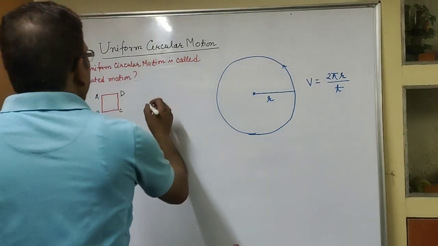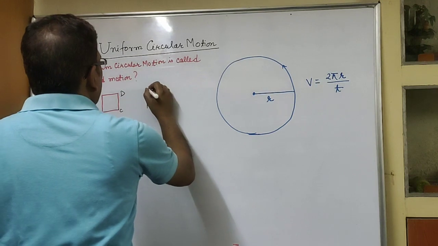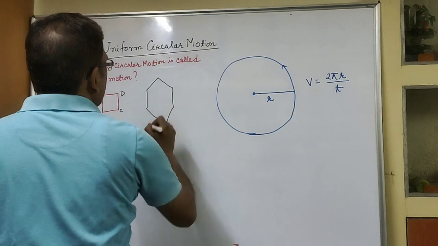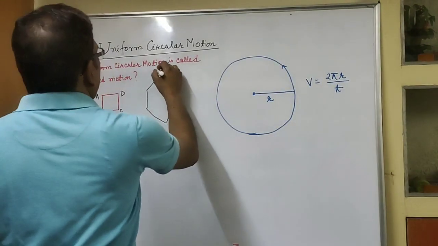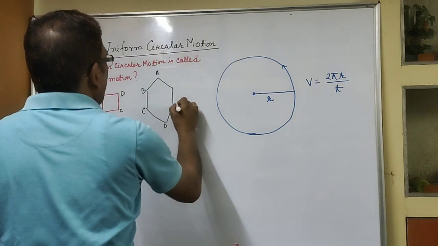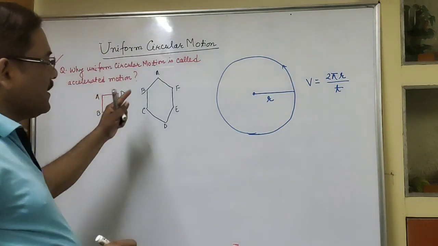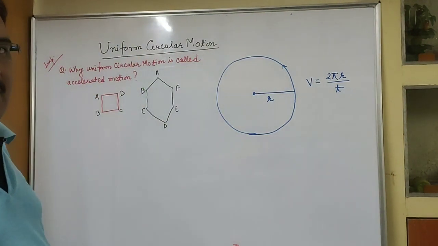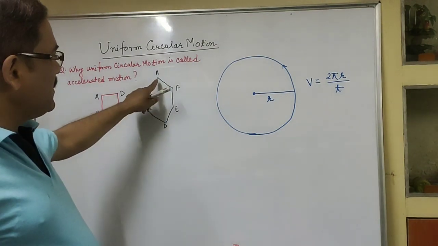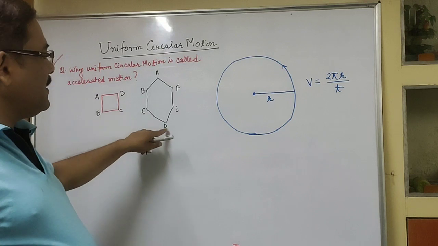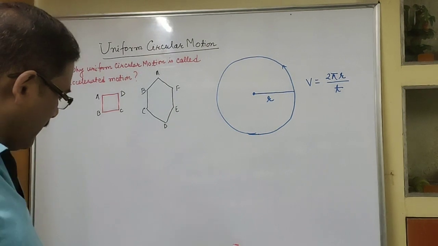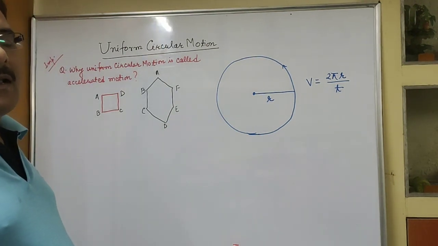Now suppose we have a pentagonal path like this, or a hexagonal path. Hexagonal path A, B, C, D, E, F. Now if the object tries to move in this hexagonal path with constant speed, it has to change its direction at these points A, B, C, D, E and F. Isn't it? So in this way, if you increase the number of sides,